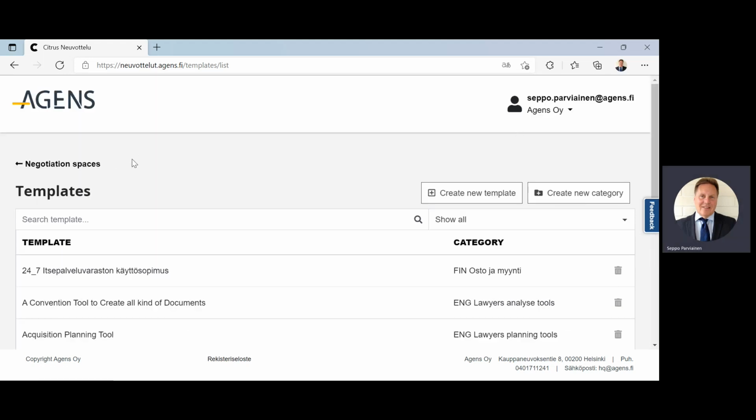This is quite simple and easy, and this is the way when you want to use pre-made templates. In English 155, and if you want to have the suite version, we can do the version so that you can create all new templates inside the system or create new categories. Then we can go back to the